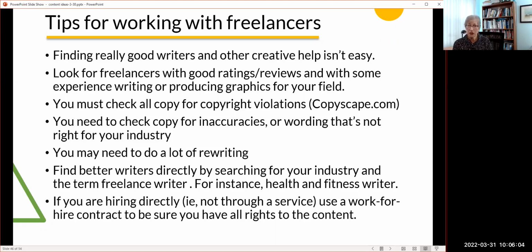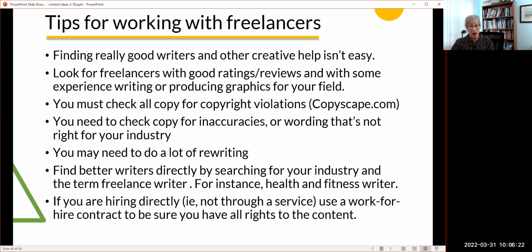A service I use to check that is called Copyscape. Again, that's pretty inexpensive. I think I spend about $10 and I do a lot of this, and it probably lasts me 6 months to a year for the number of searches that I do.